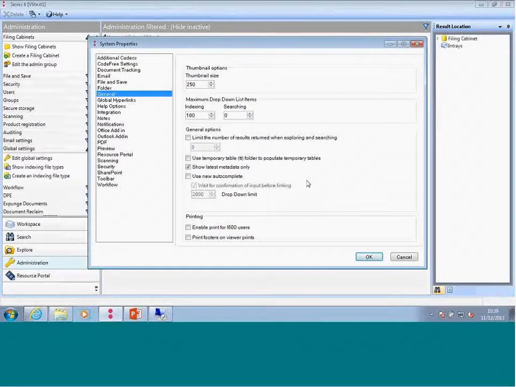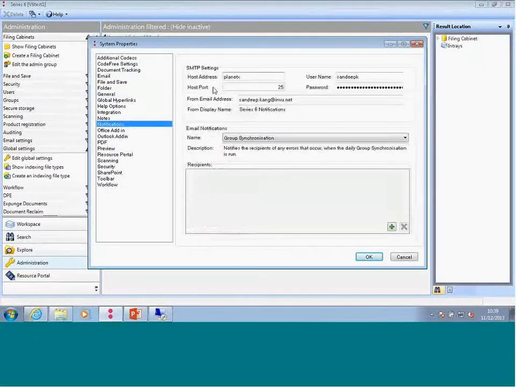So that covers off the general section. Some few useful things in there that, depending on your needs, may improve user experience just generally within Series 6. So if we move on to notifications,